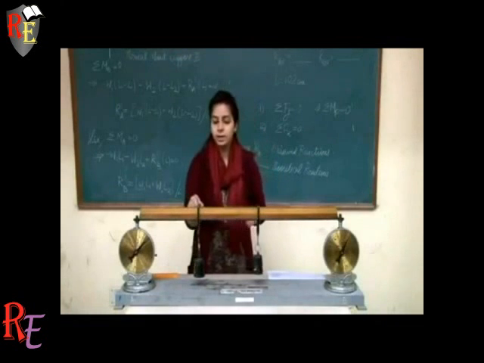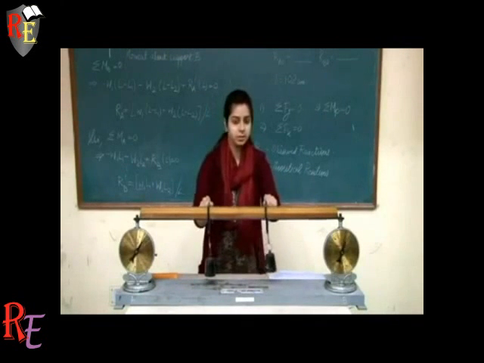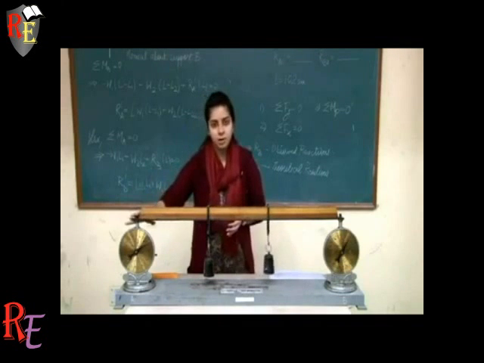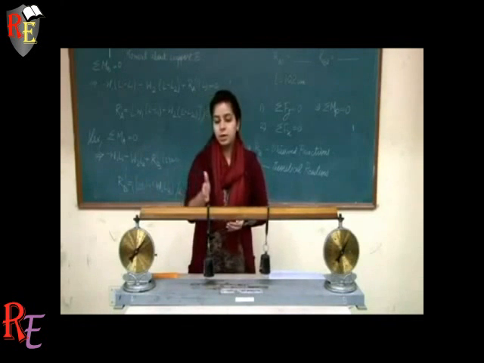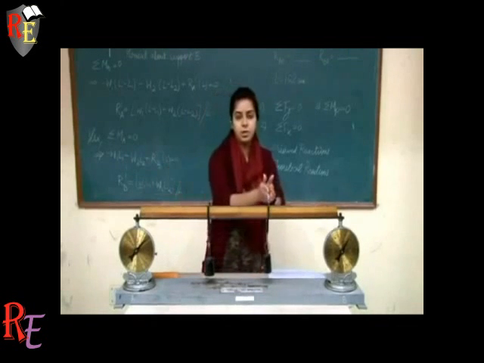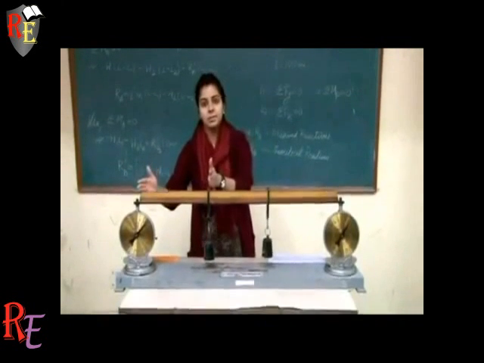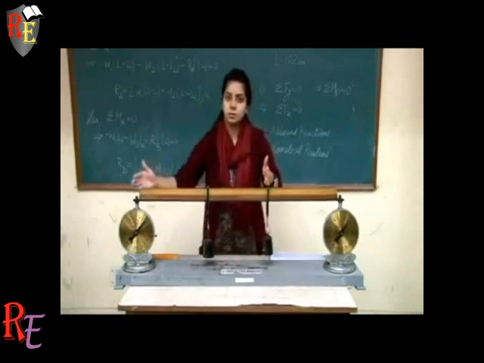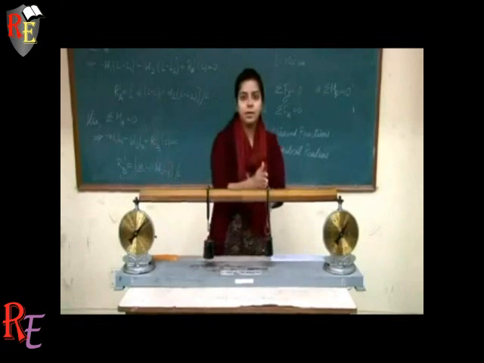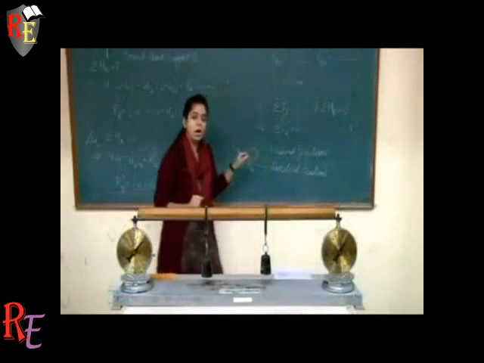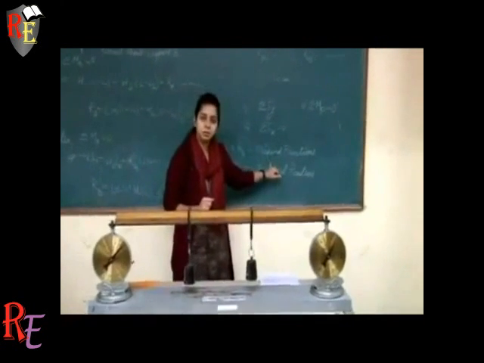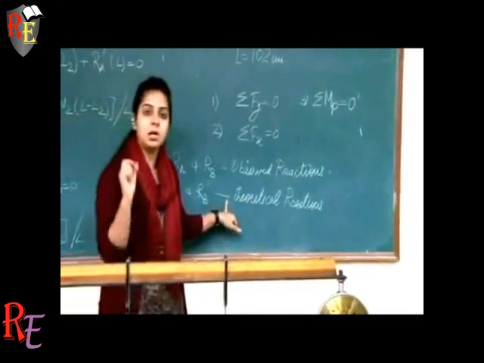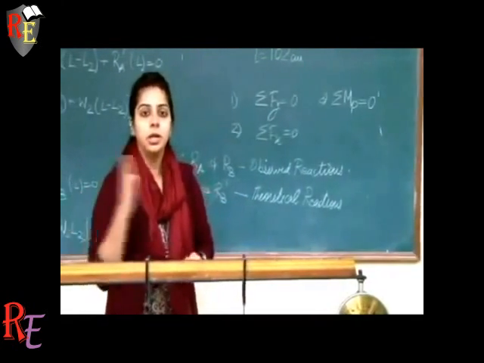Using these sliding hooks, we can adjust the position of these weights on this graduated beam. Keeping that in mind, since this is your reaction point A, this becomes your length L1 and this becomes your length L2, which means that L1 is the length from support reaction A for weight 1 and L2 is the length from support reaction A of weight 2. Also, RA and RB are the observed reactions at support A and B, and RA dash and RB dash are the theoretical reactions at support A and B.